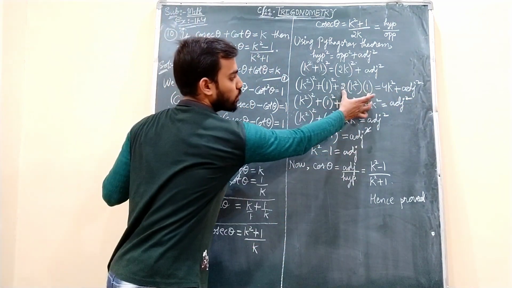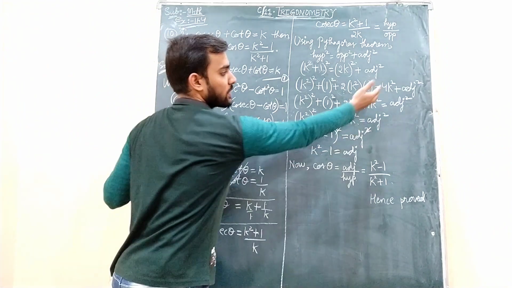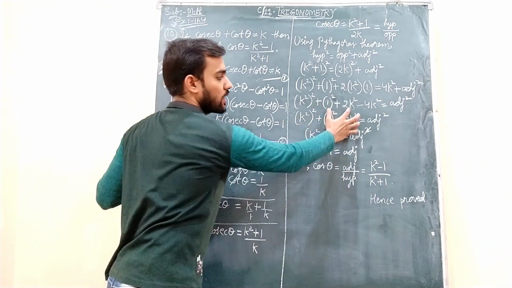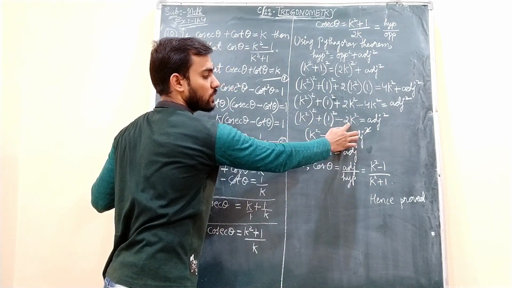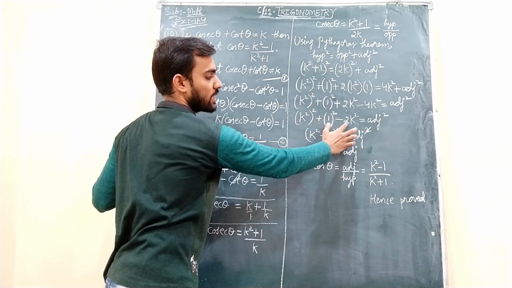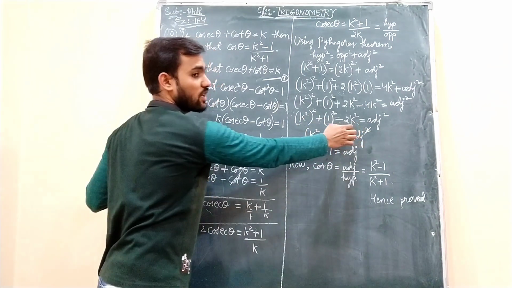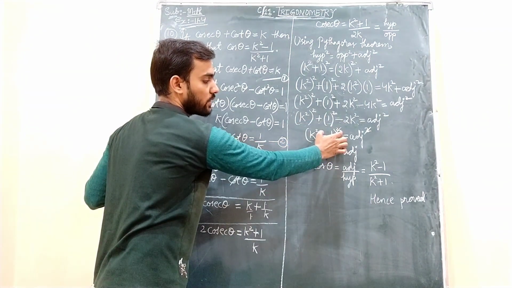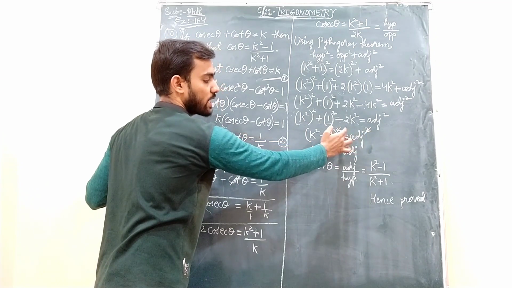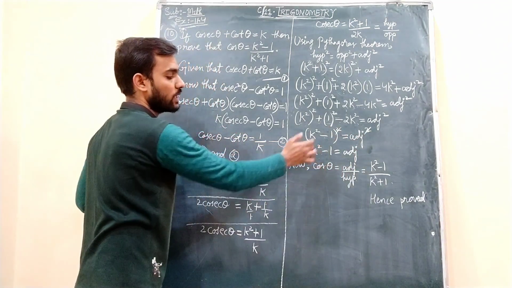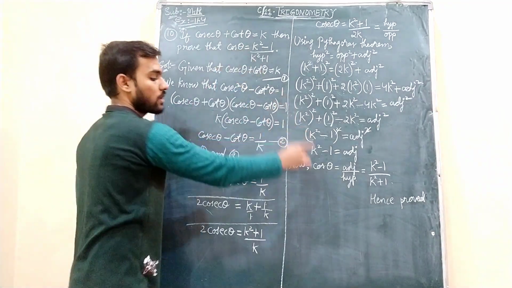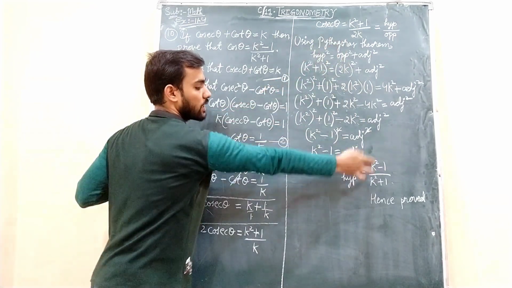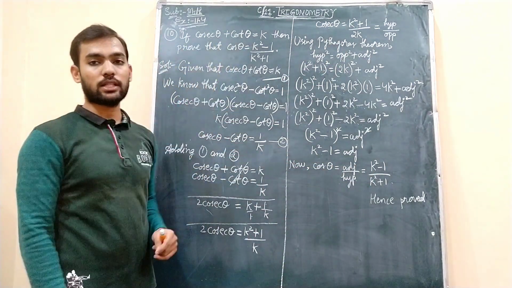Now students, this 2ab when you multiply, you get 2k square, and this 4k square we have taken here as minus 4k square. In the next step, starting 2 as it is, 2k square minus 4k square is minus 2k square. Now it is like a square plus b square minus 2ab, students. So this is the formula of (a minus b) whole square. So (a minus b) whole square we have written, right side adjacent square, the square gets cancelled, adjacent we got as k square minus 1. Now as we need to prove the cos theta formula, adjacent by hypotenuse, adjacent is k square minus 1, hypotenuse was k square plus 1, hence proved whatever was given in the question.